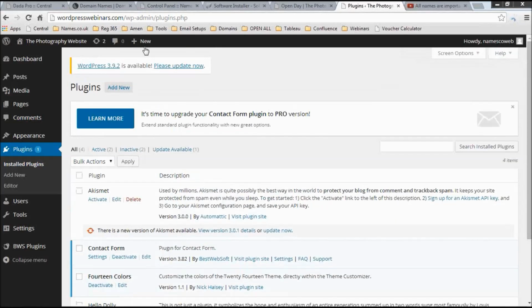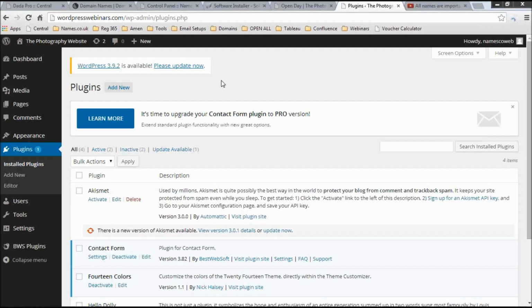Another area of WordPress that I think is a really good thing to mention is updating. WordPress is now the most popular platform on the web, so there's more websites using WordPress than anything else, really. So it's a really good bit of software, but it's advisable to try and keep it up to date as much as possible. So any of the one-click installs that you run with our hosting packages, they'll install the latest